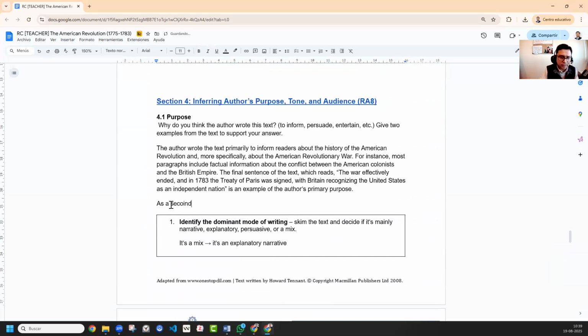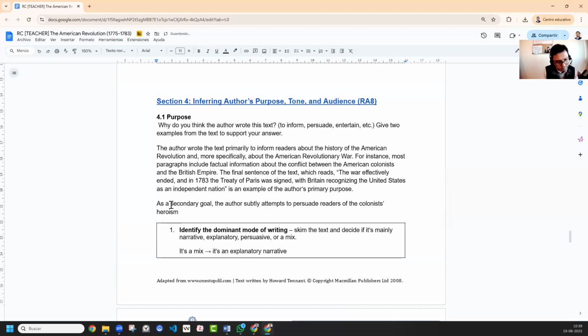As a secondary goal, the author subtly attempts to persuade readers of the colonists' heroism with sentences like,